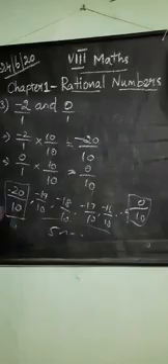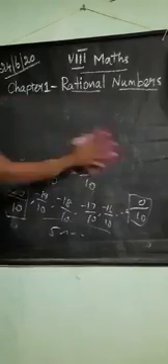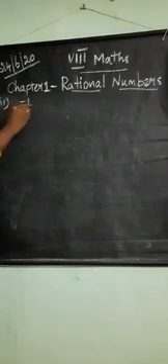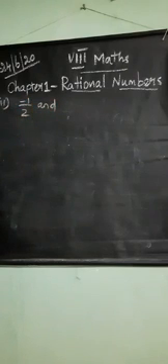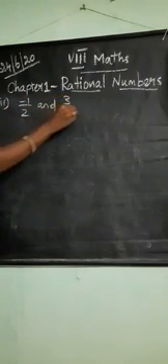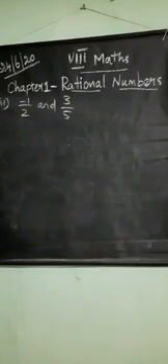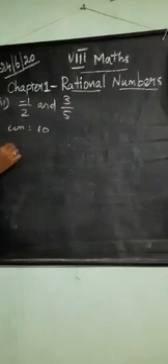Next, second sum. Third Roman, second sum. List the numbers between minus 1 by 2 and 3 by 5. Now see, the denominators are different, so we have to take the LCM. What is the LCM of 2 and 5? The LCM is 10. So first take and write minus 1 by 2 into dash equal to